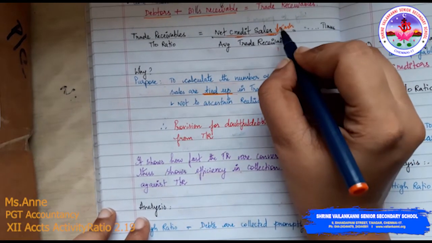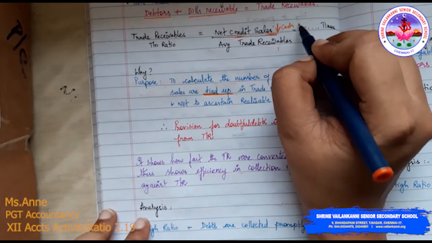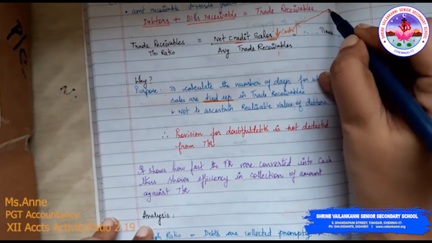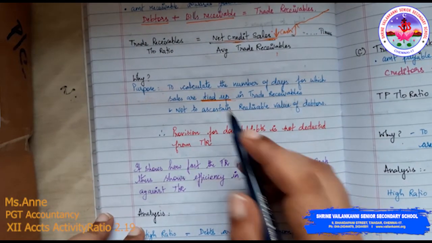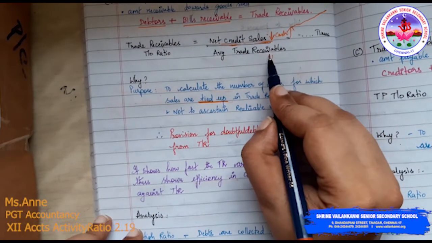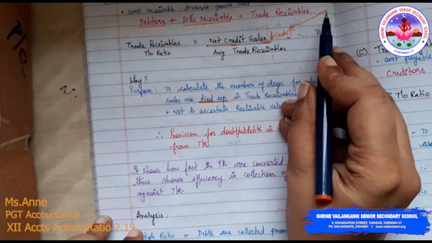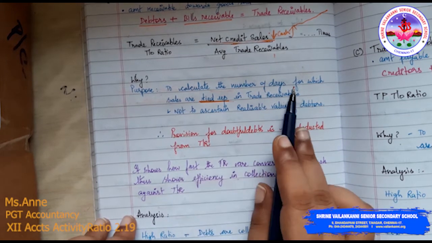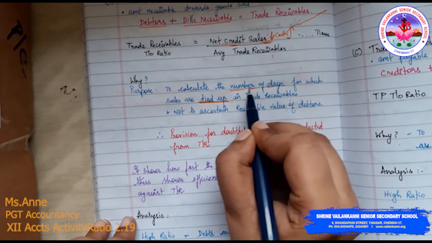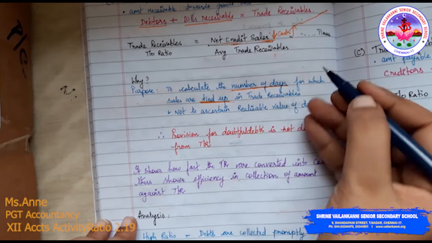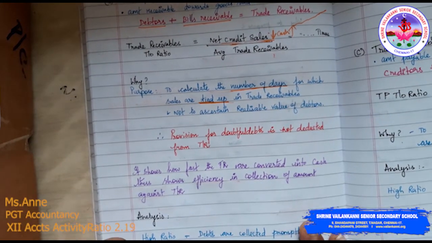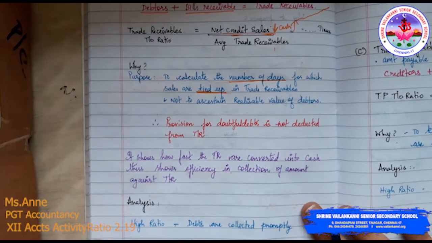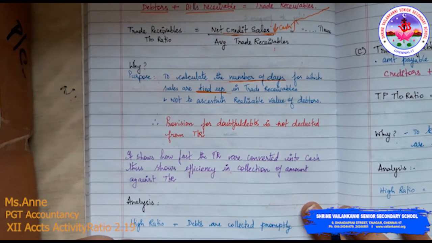So the more times the profit flows, obviously your business will grow. If the cash is flowing more often, your business grows at a faster pace. So that is the reason. To calculate the number of days, you need to know how many days generally it takes to actually collect this money from which sales are tied up in the trade receivables,